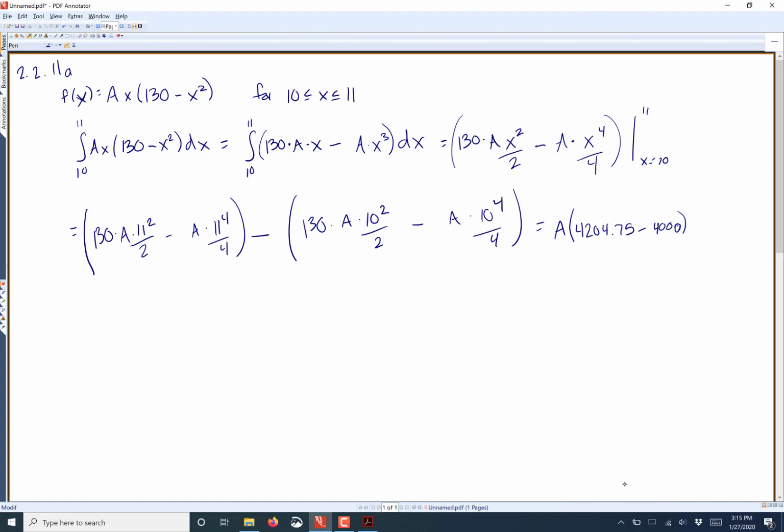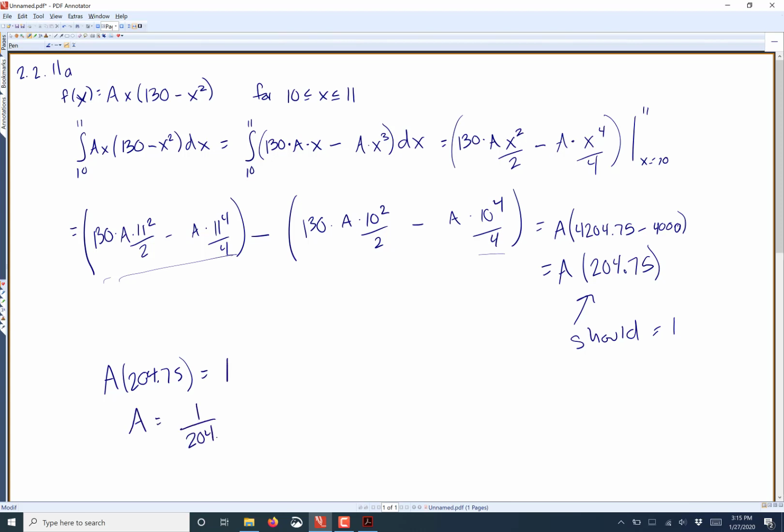So putting into my calculator, first though, I did notice that I had an a in everything, so I just pulled out the a, and then I put in my calculator in 2 steps. I did this part all first, and then I did this part. So if I put it all into my calculator, I finished by getting this is a times 204.75. So this should be equal to 1. So let's do a times 204.75 equals 1. And a would then be 1 divided by 204.75, which is equal to